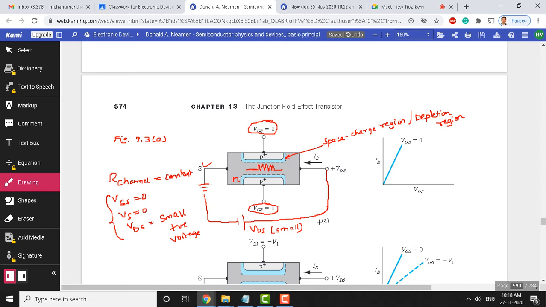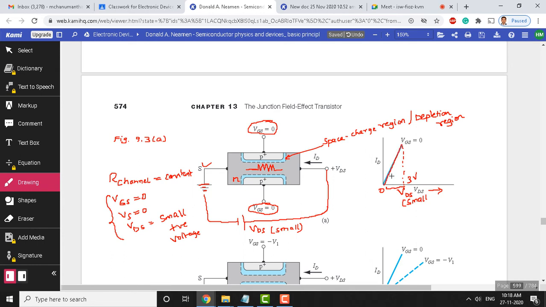When we apply a small drain source voltage, you can see this graph with reference to the drain source voltage. As drain source voltage keeps increasing, for small drain source voltage only we have shown here. The condition is that drain source voltage must be small. Let us assume that till this level we have applied a small drain source voltage. This is the VDS that we have applied. Since it is very small, maybe 0 to say 3 volts, within this region the current ID varies linearly. You can see it is a linear graph.